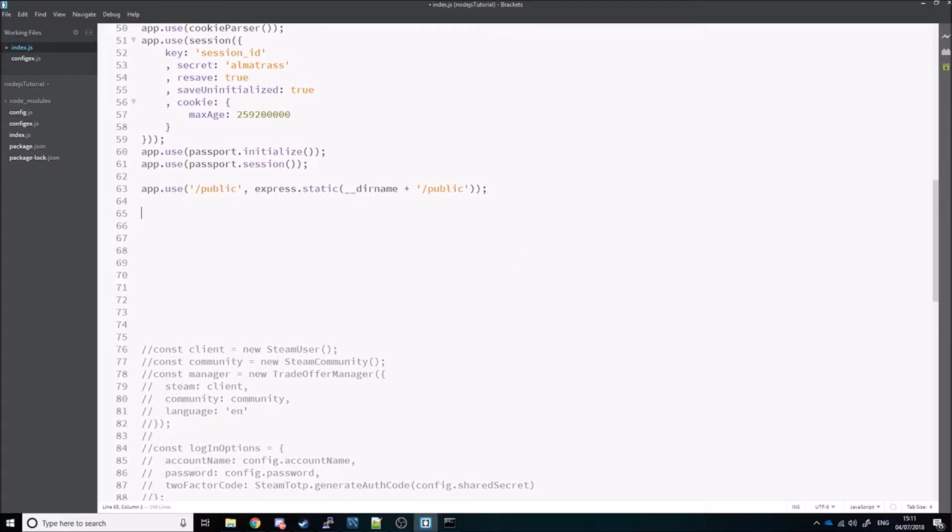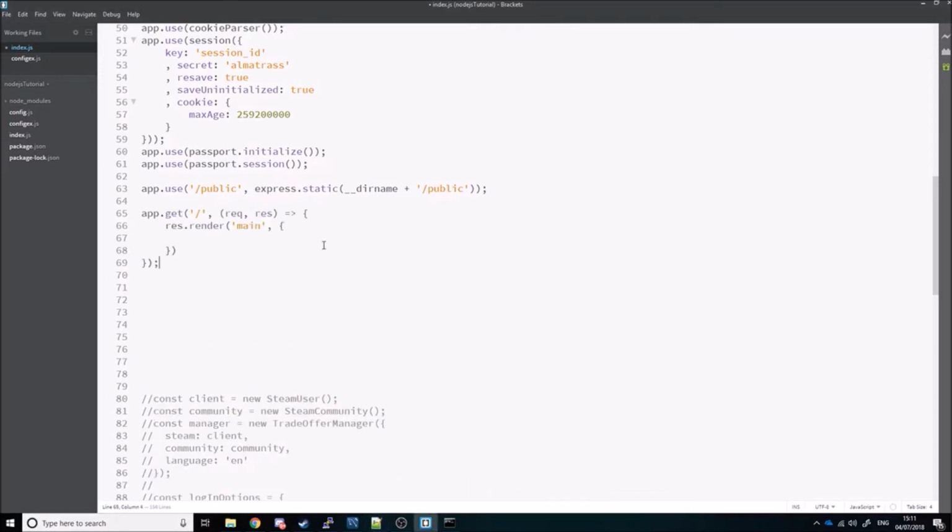But first of all, what we can do is specify a root directory. So app.get /, which is going to be the root. And if I just comment out this, we can actually use a method called res.end, and then we can put in what we want to end it with. So if we do res.end, it works. Then this will basically return whenever anyone tries to get the root directory, it will return it works to them,